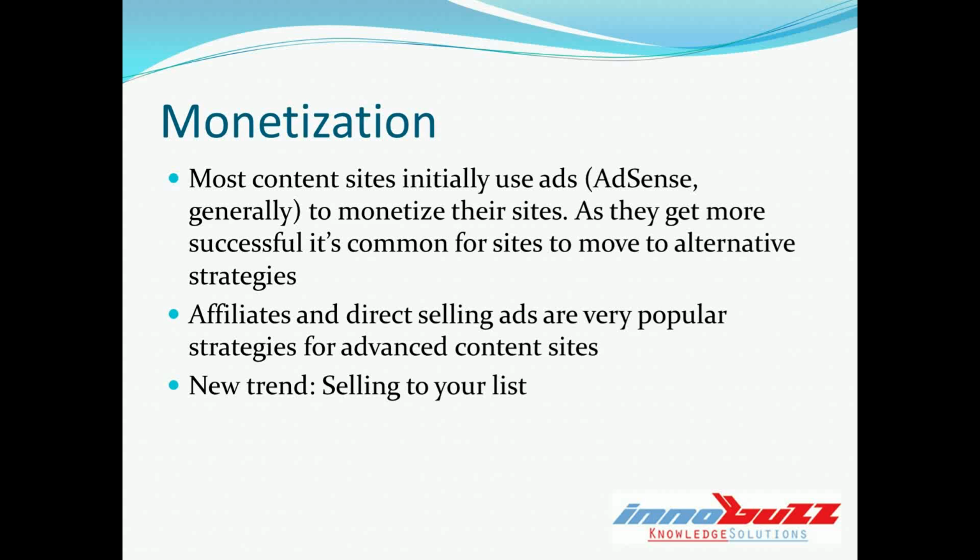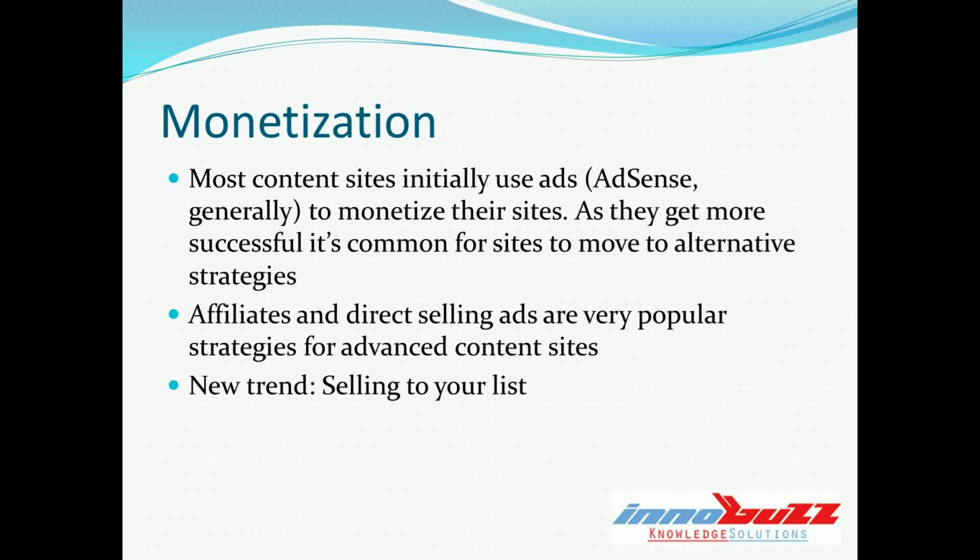If we go back a few years, these strategies were very rare. About a decade ago, it was just monetizing blogs. That didn't make sense at all. And then it was putting advertisements on blogs. That makes sense, but you would never want to sell anything to your blogs. And now when we're looking at a lot of the most popular ones, they all sell something to their list of some kind. And popular was the wrong word to use. Most successful. They sell something. Maybe it's a course. Maybe it's their own products. Maybe they've set up their own e-commerce store. But the truth is, they're selling something. And that's just because ads work. AdSense is a great system. But the conversion just isn't high.